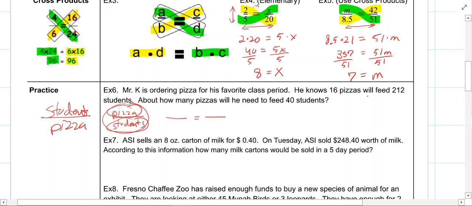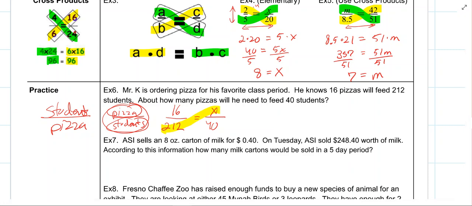He knows 16 pizzas will feed 212 students. So 16 is for what? 212 students. About how many pizzas will he need to feed 40 students? So where does the students go? On the bottom. Well, do I know how many pizzas? No, I don't. So I put my variable up there. I've just set up my proportions. So all I have to do is go